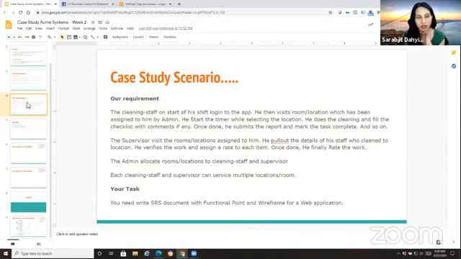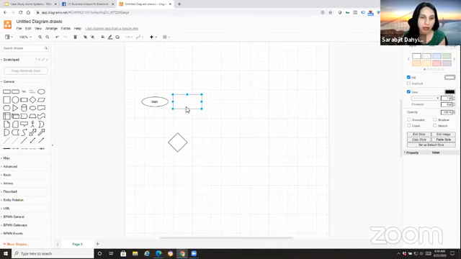So let's say the requirements they're providing here are from an app standpoint, for the app that they're going to build. Let's say today what they're using is some sort of paper document where every day they assign staff to rooms that need to be cleaned. So when the staff come into work, let's say 9 to 5 or whatever their schedule may be, they come into work, they log in,